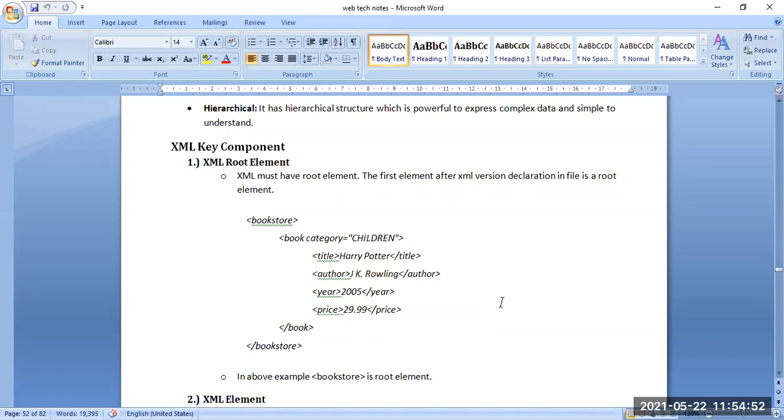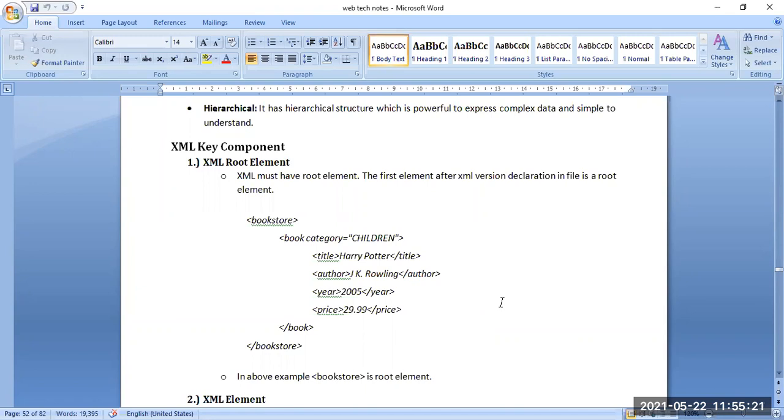Then the bookstore is the root element. This bookstore is the XML root element for this XML document. Then the book category, which we have mentioned as the child, then title, Harry Potter, then author, J.K. Rowling, year 2005, price $29.99, and then book and bookstore are closed.